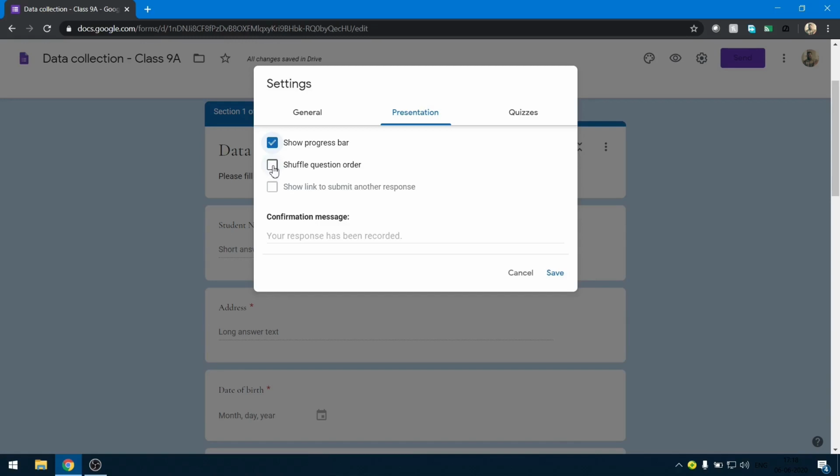Shuffling question order. This particular option is actually used when the Google form is used for online quizzes or online examinations. That's the topic for another video. And once the form is successfully submitted, you can show a message to the student as an acknowledgement.